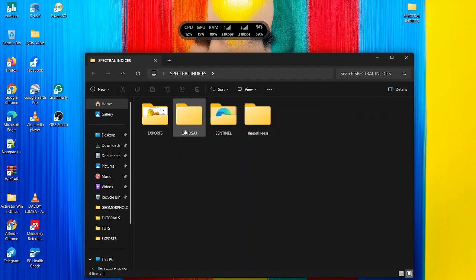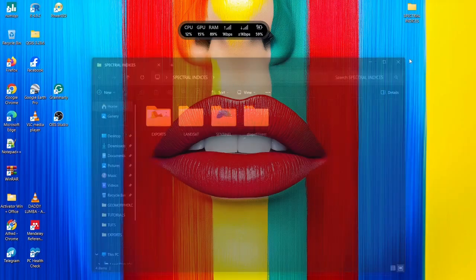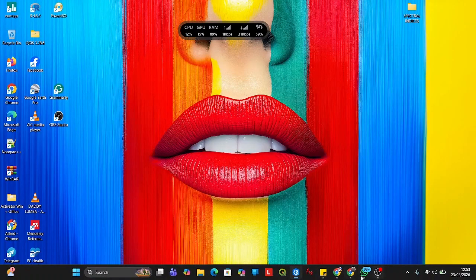You realize I have Sentinel and then Landsat here, and then I have the shapefiles that we'll be using also. You keep them here. Or better still, you can use the Google Earth Engine to download all of these. So we will begin by launching